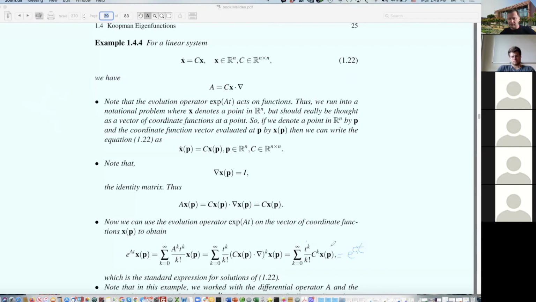That's just the Taylor expansion of e to the ct, which of course we know is the correct solution of this. What's the difference in what I've done so far? I worked entirely in the context of operators, right? The way the solution is usually presented, this e to the ct as a solution of that,